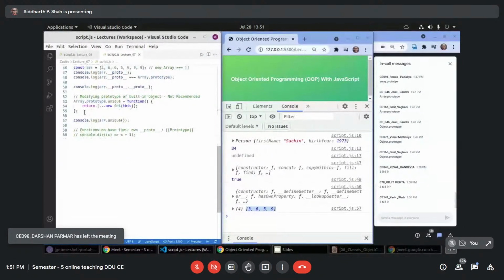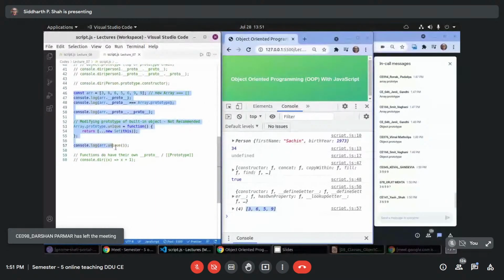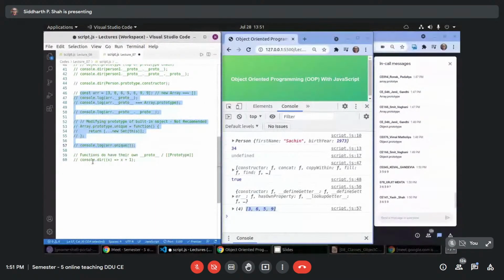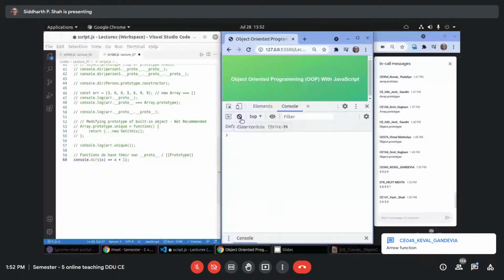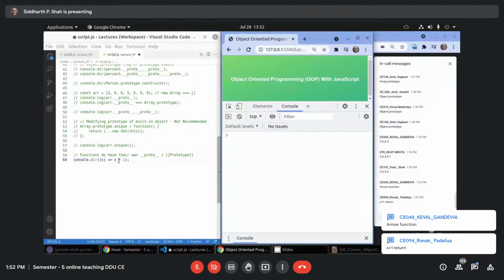So here also, let us see this. What am I doing here? What is this? What does this represent? Arrow function. So basically it is a function.